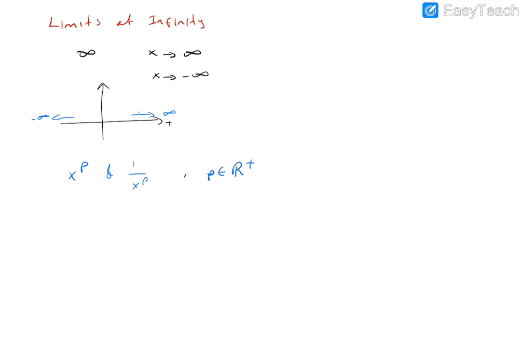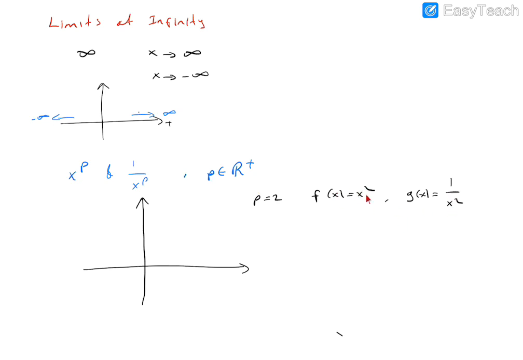For example, x square. By giving some values you can sense it. Let's consider the case p is 2. So our first function is f of x equals x square, and the second function, let's say g of x, is 1 over x square. In the second case, this is x to the power minus 2. So p is negative, maybe you can consider. So both cases include all p values for the function x to the power p.